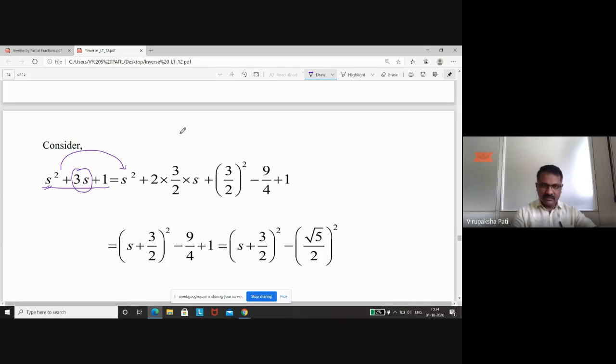So we will keep this. This is of the form what? 2ab, you should get 2ab. If it is plus, you should get plus there. If it is minus, you should take minus here. It is plus there, you have taken that. Don't worry, it is a very, very easy technique.